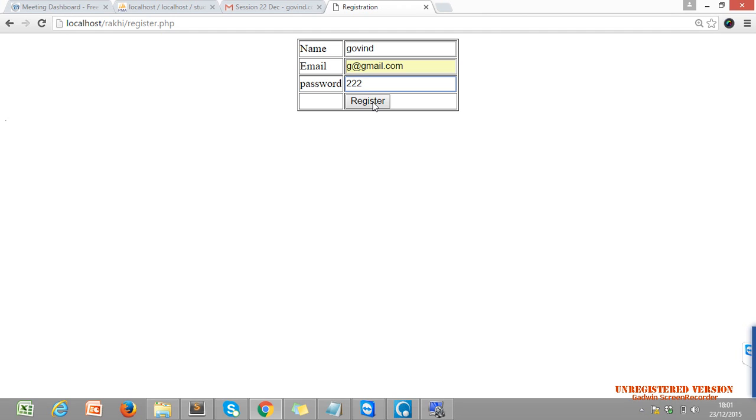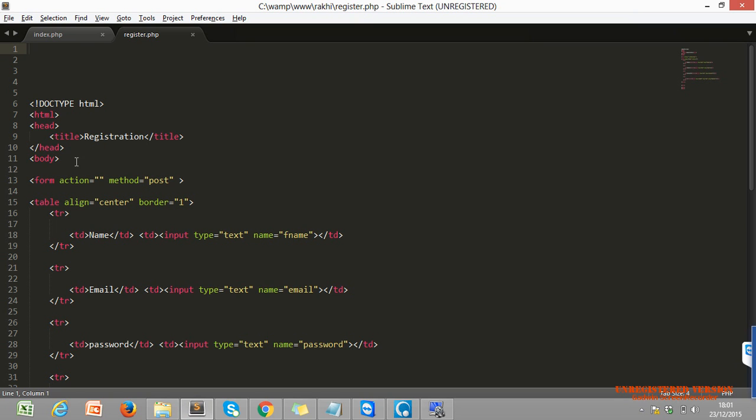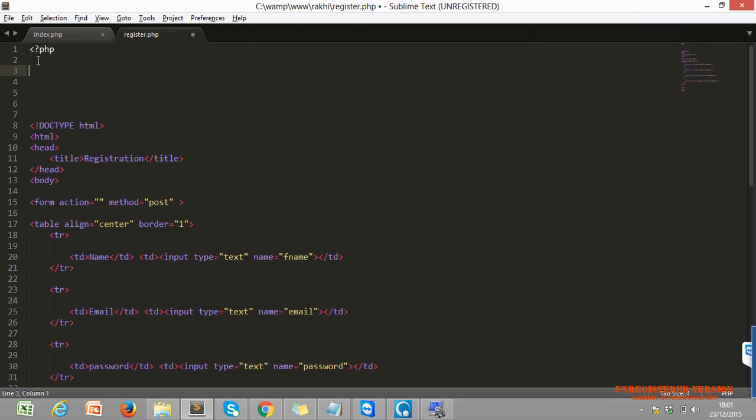How do we catch the value? Dollar underscore post. We already used dollar underscore post, right?